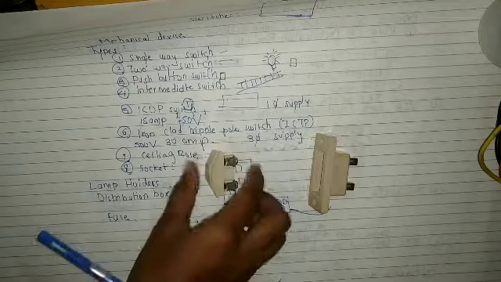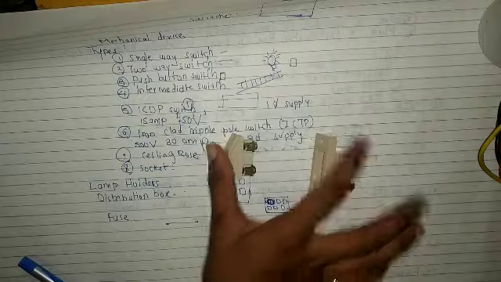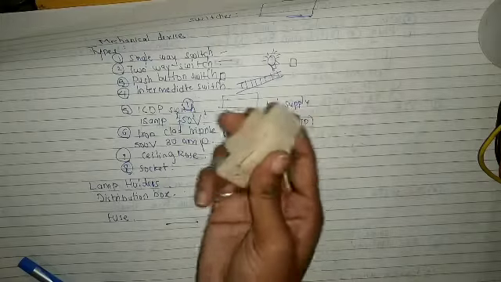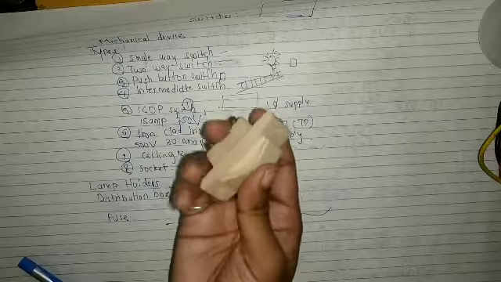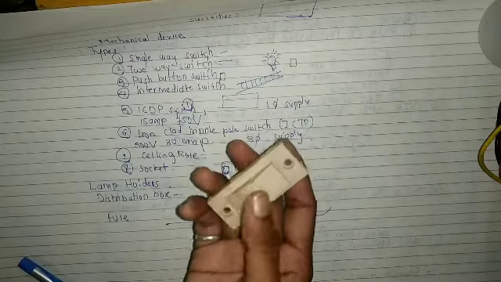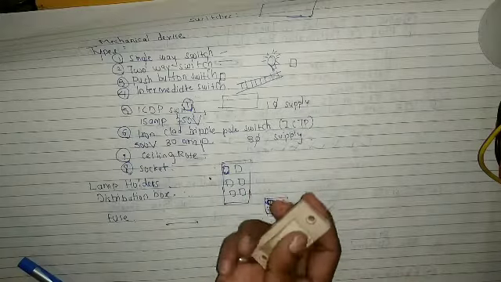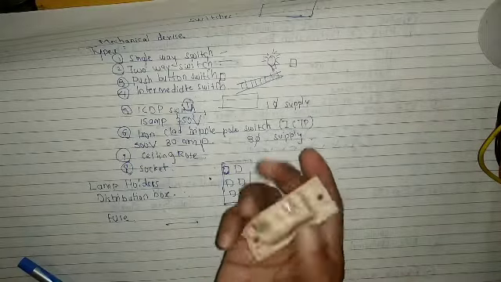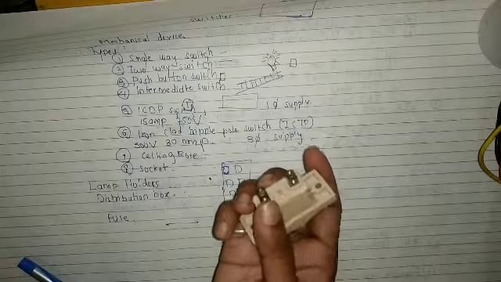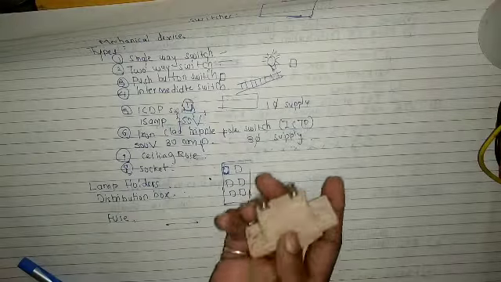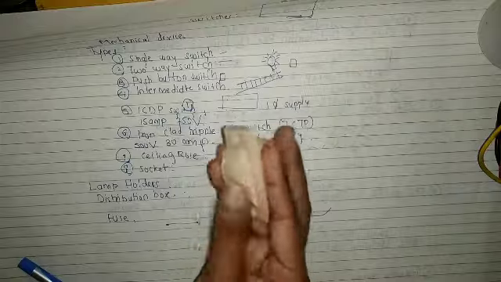So this is where the fuse wire is attached, and we have to insert it here. The fuse wire carrier is inserted in the base. It is connected to the incoming and outgoing wires. So this is the connection of incoming and outgoing wires of the base, and it makes the circuit complete. So this is the fuse.